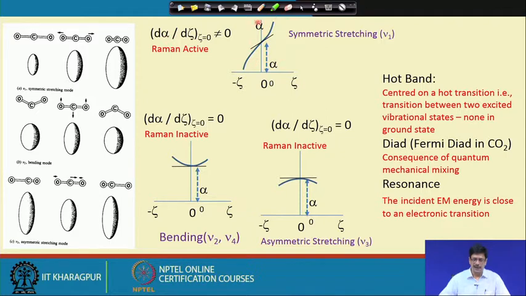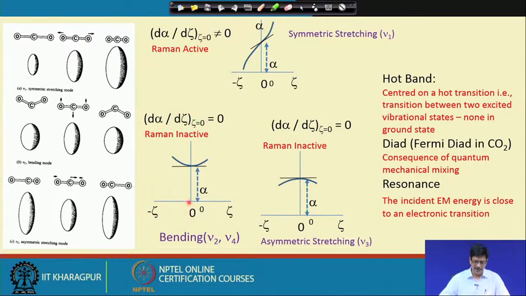So, when we take this diagram, we take the value of alpha 0, where the derivative is the derivative of the polarizability alpha with respect to space, and when the spatial displacement is 0, the value corresponds to alpha 0, and the derivative at displacement 0 will have some finite value, and that would correspond to an active Raman vibrational mode, in which we would expect to have a peak on a spectrum of Raman shift versus intensity.